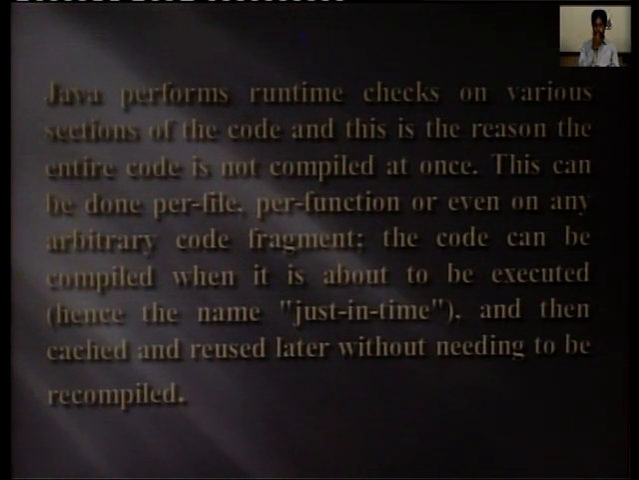This can be done per file, per function, or even any arbitrary code fragments. The code can be compiled when it is about to be executed, hence the name just in time, and then cached and reused later without